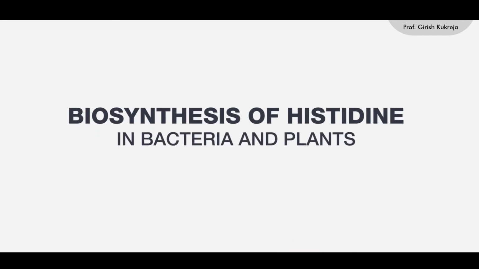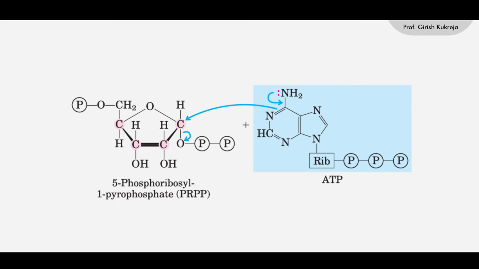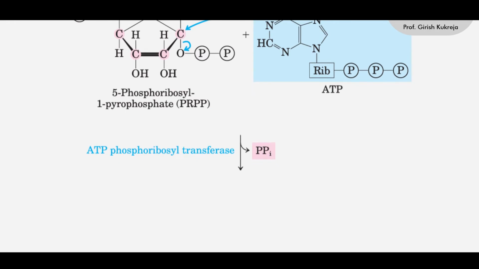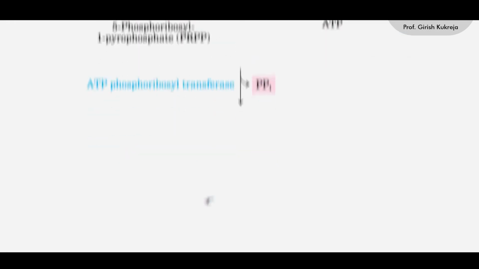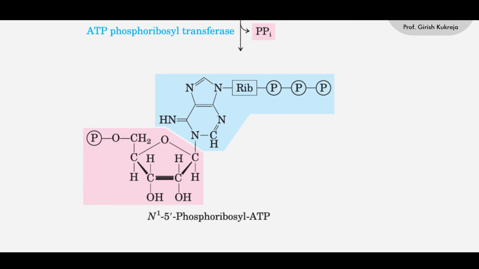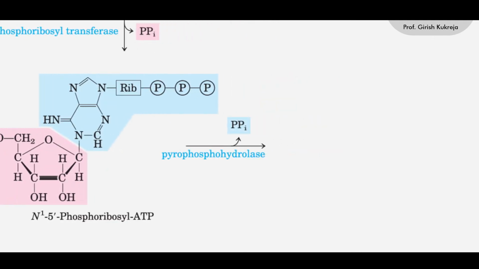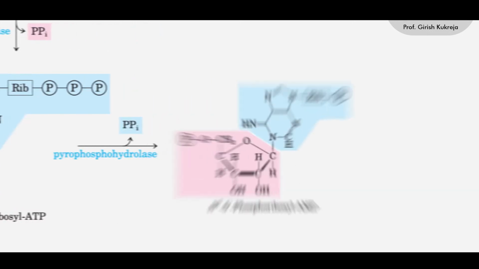So let's have a closer look at the formation of histidine. Let's have a look at the 9 steps leading to the formation of histidine. In the first step, there is condensation of PRPP with ATP in the reaction catalyzed by ATP phosphoribosyl transferase, forming N1 5' phosphoribosyl ATP. In the second step, with the removal of pyrophosphate by pyrophosphohydrolase, there is formation of N1